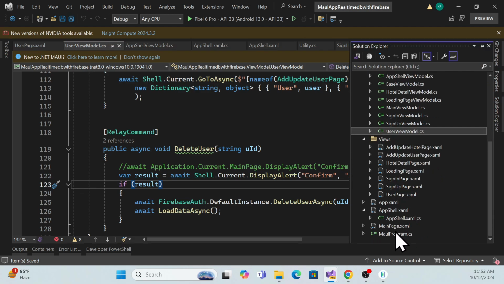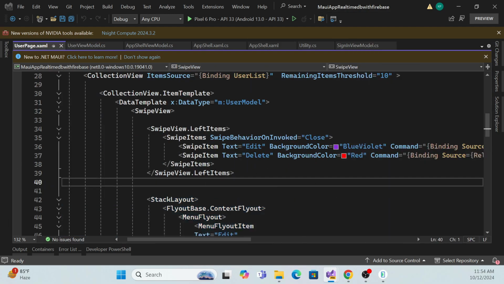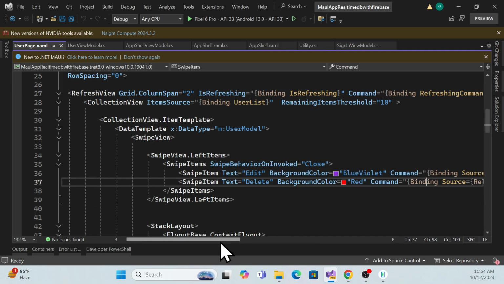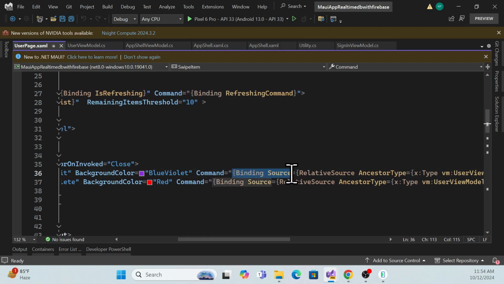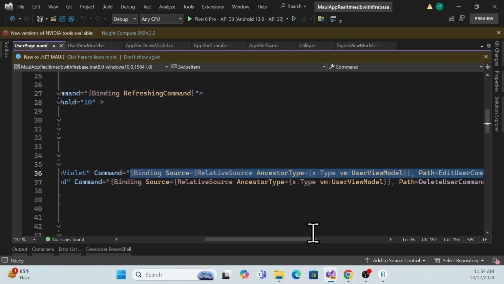And then go to the main user page XAML part, and in the XAML part we have to handle the flags, like CanEdit, CanDelete, right? So how can we do that? It is very simple. Let me show you how we can do that. As we have done for the other things, like suppose this command, the same thing we can do, just copy this complete command. And once you copy it, because we have that user property inside the view model,